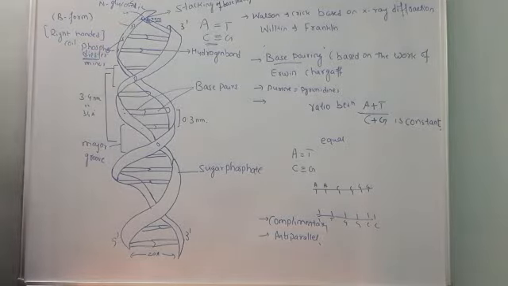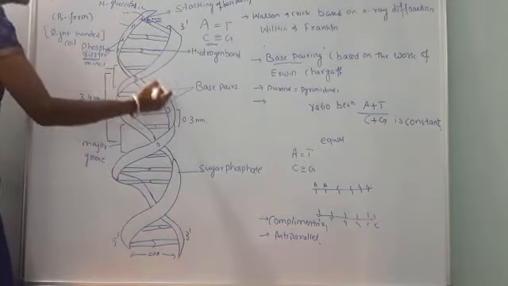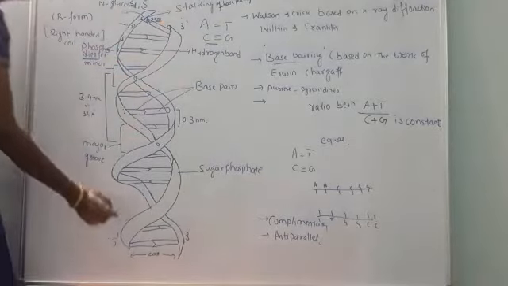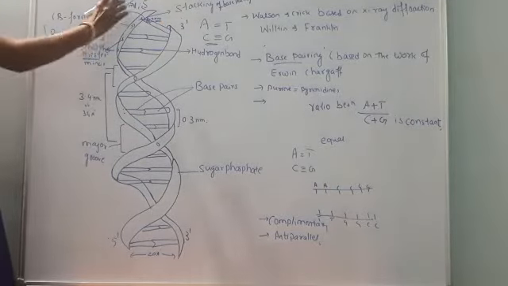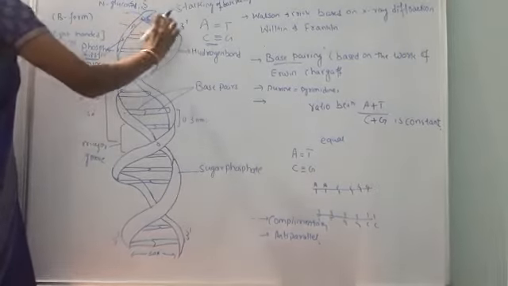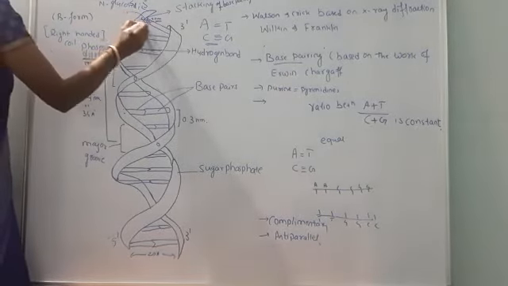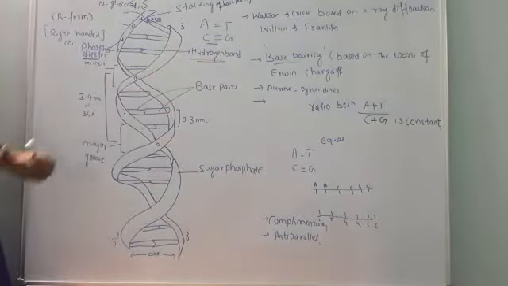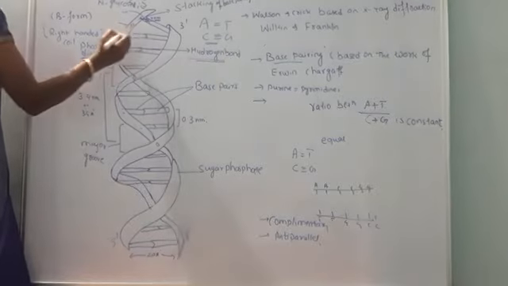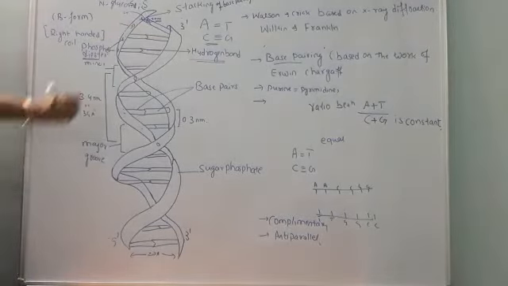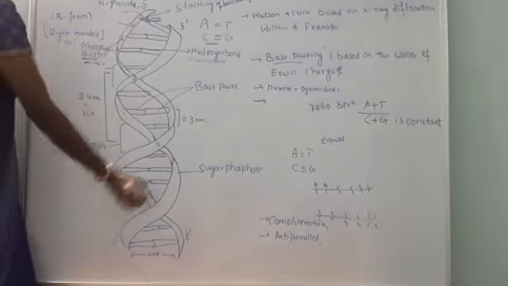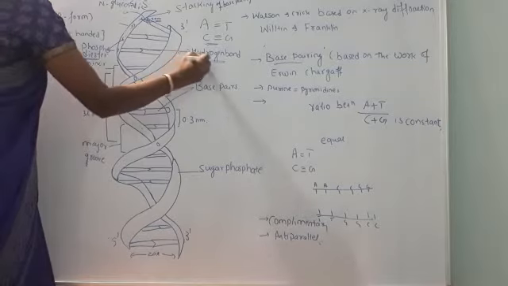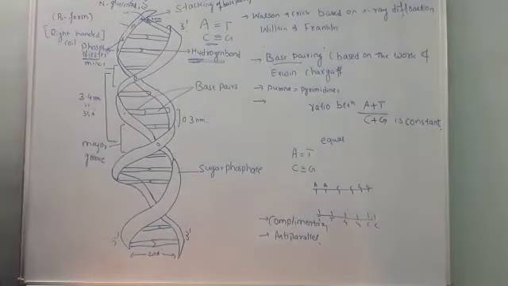In addition to that, each DNA strand has its polarity, 5' to 3' and 3' to 5'. These two polarities, or two DNA strands, are opposite to each other, and they are held together by a bond known as hydrogen bond. So where is the hydrogen bond found? It is found between the two DNA strands having the polarity 5' to 3' and 3' to 5'. Thus, this gives a very firm and stable structure to the DNA strand.